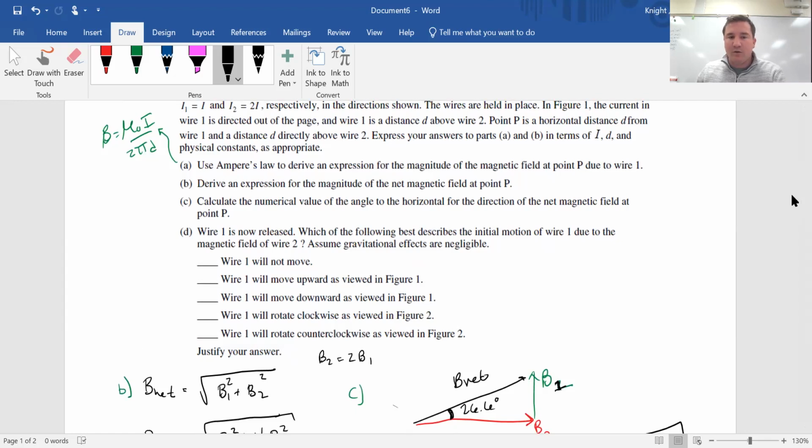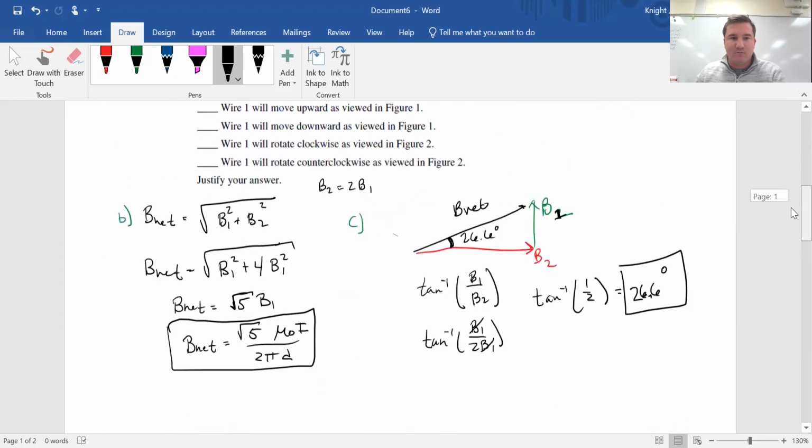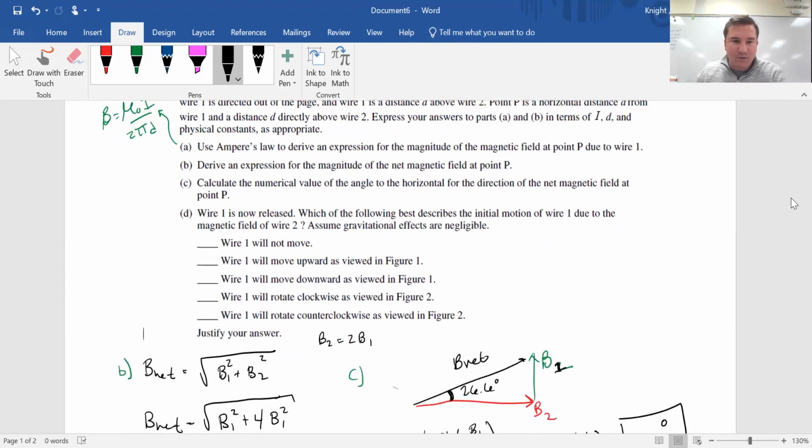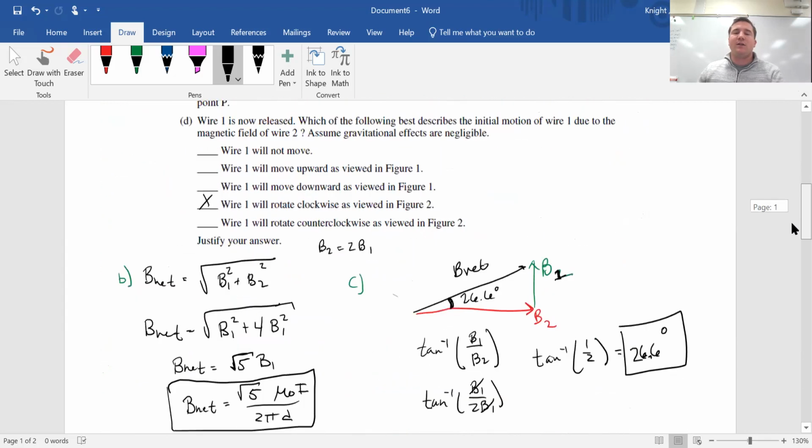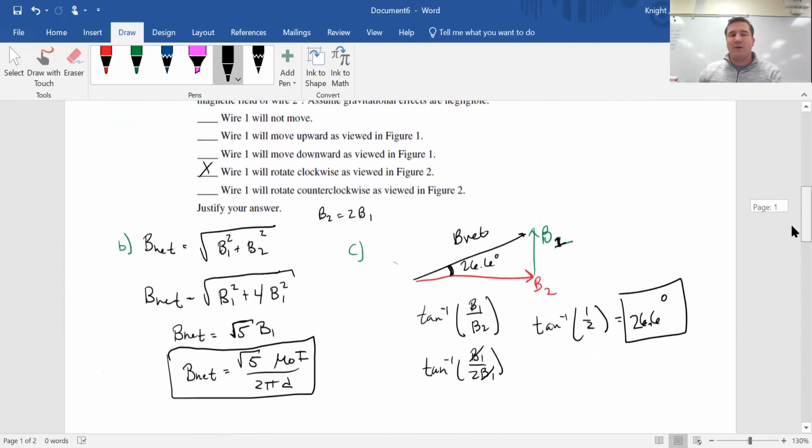So the wire 1 will rotate, which way did we say? Clockwise, as viewed in figure 2. All right, because of the way that the right-hand rule works. And we kind of just justified it there, but if we have to state our justification,